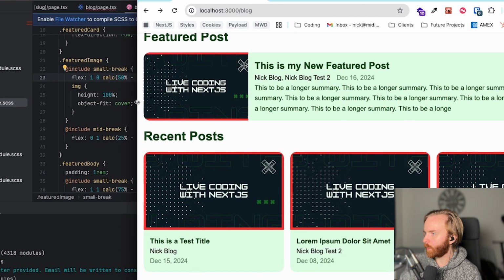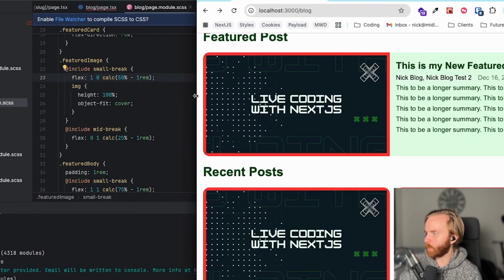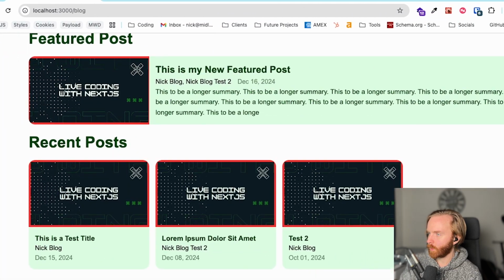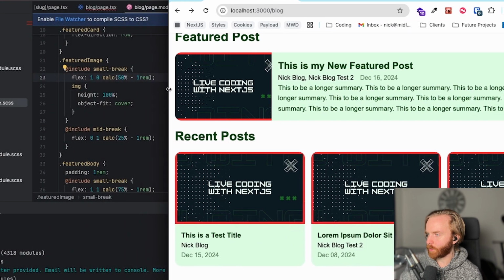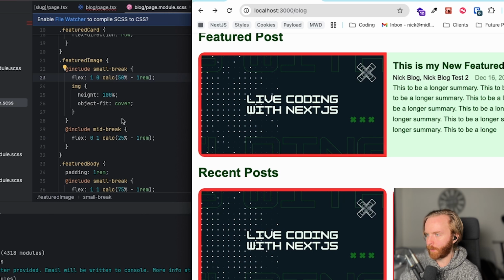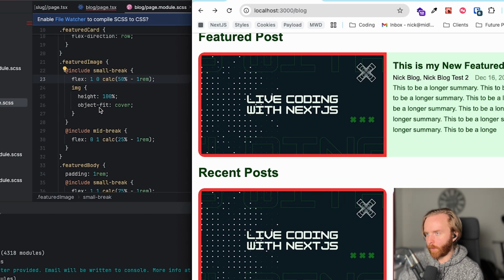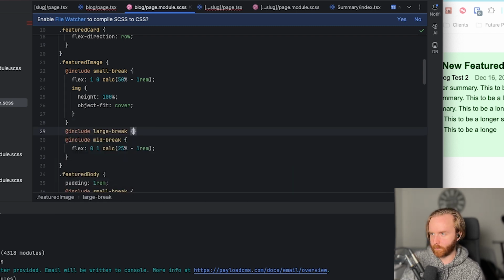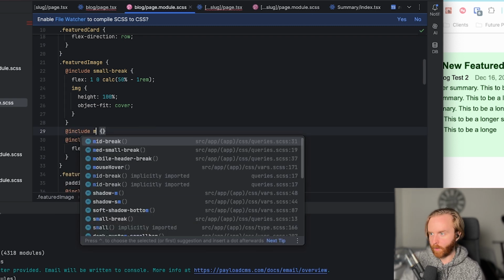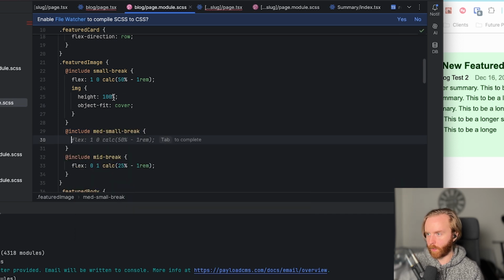And then as we go, it switches over to this. So it's kind of a harsh jump from the 50-50. So maybe we need to add our medium small break, not large, our medium small break, and we can do flex, and we can set flex shrink to 1, and then